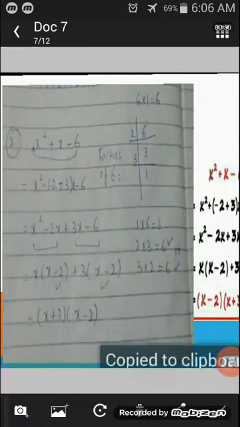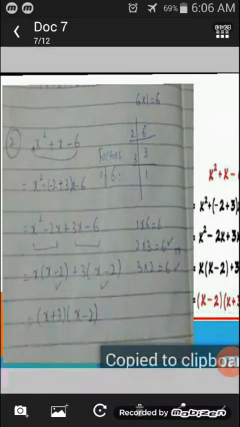You choose those tables that give 6, like 1 into 6 is equal to 6, 2 into 3 is equal to 6, and 3 into 2 is equal to 6. First, you multiplied 6 into 1, then you choose those numbers within the factorization whose subtraction is 1. When two numbers are subtracted, the result will be 1. So 3 and minus 2 are the numbers whose result is 1.